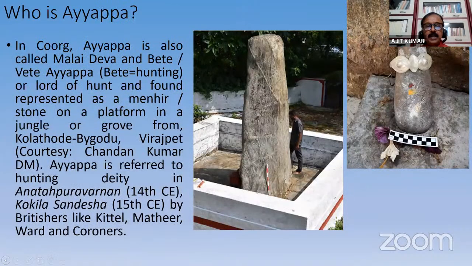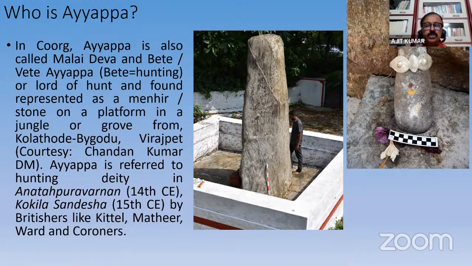Now, another deity which comes up during this period is Ayyappa. Ayyappa is a deity who never finds reference in any Sanskrit text, Puranic or other religious literature. So who is this Ayyappa? He is definitely an indigenous deity who was worshipped by the ethnic folk here. In Coorg, Ayyappa is also called Maladeva or Betta Deva, where Betta means hunting. So he was considered a hunting deity, a lord of the hunt, and he was worshipped in the form